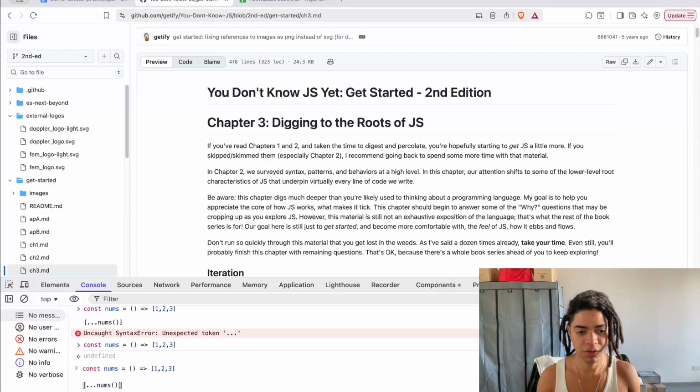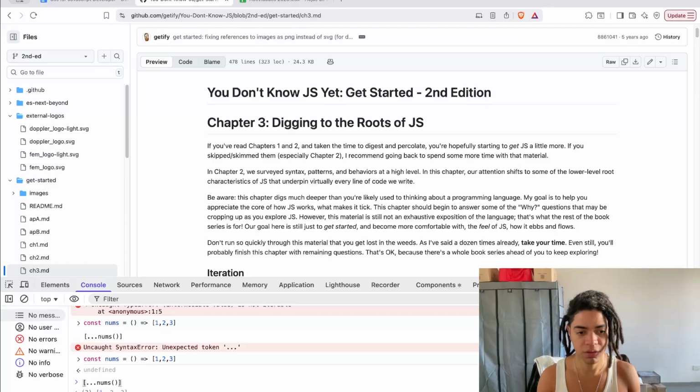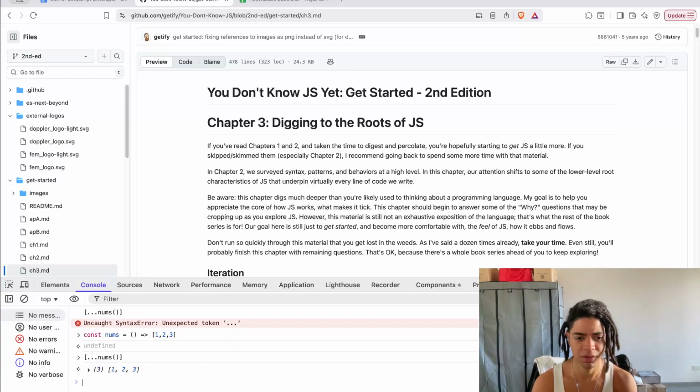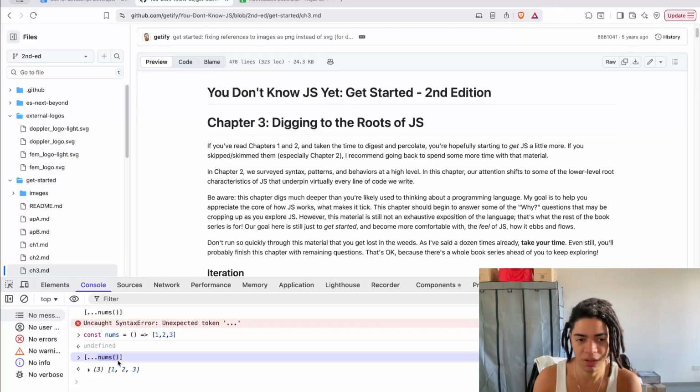But if I do this, exactly, it's an expected token. That's quite interesting. Remember, at the end of the day, this is how things work, right? If this expression that I'm evaluating is a narrow function or an assignment expression that is going to give me an object that has an iterator implementing this protocol,